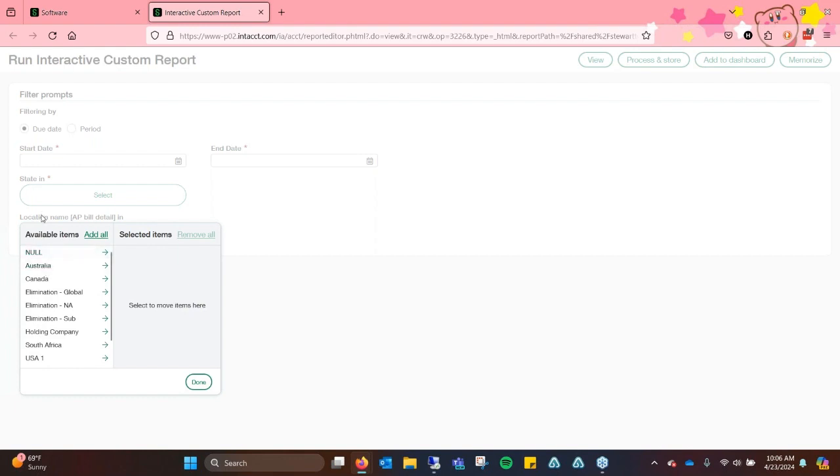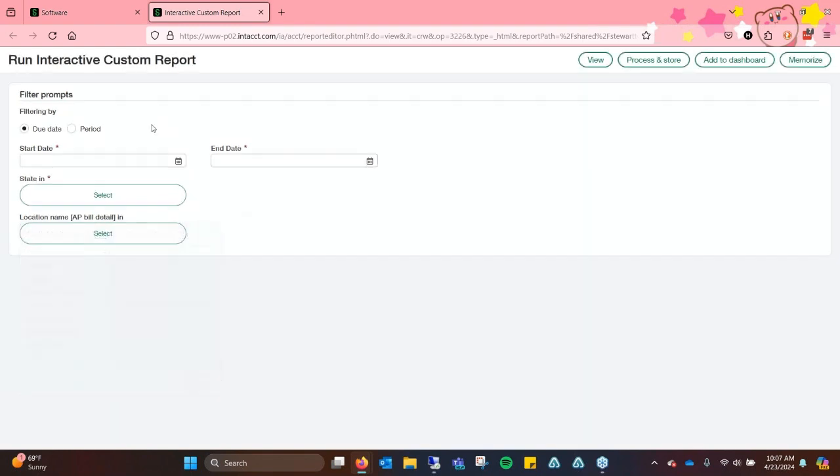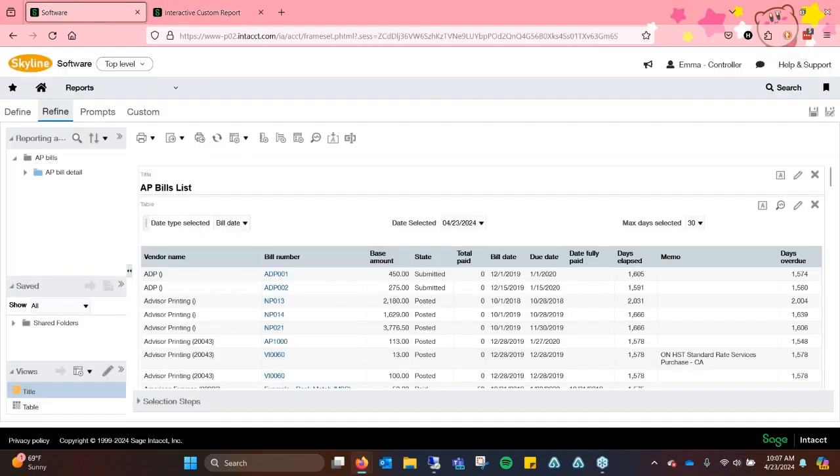And then I also added in location just in case you do have multiple locations. You'd also be able to filter the report by multiple locations as well. So this is what it kind of looks like on the back end. It's very technical on the back end, but it's very user friendly because everything is a drop down and it's a drillable